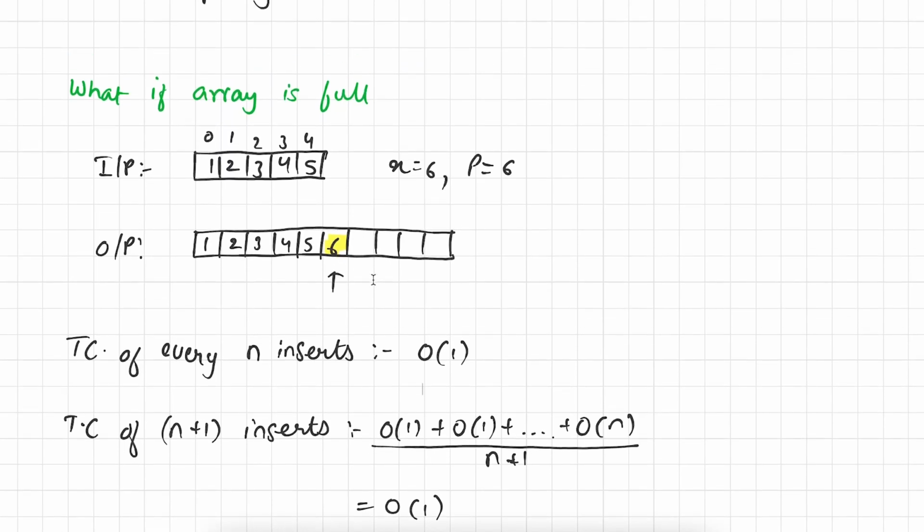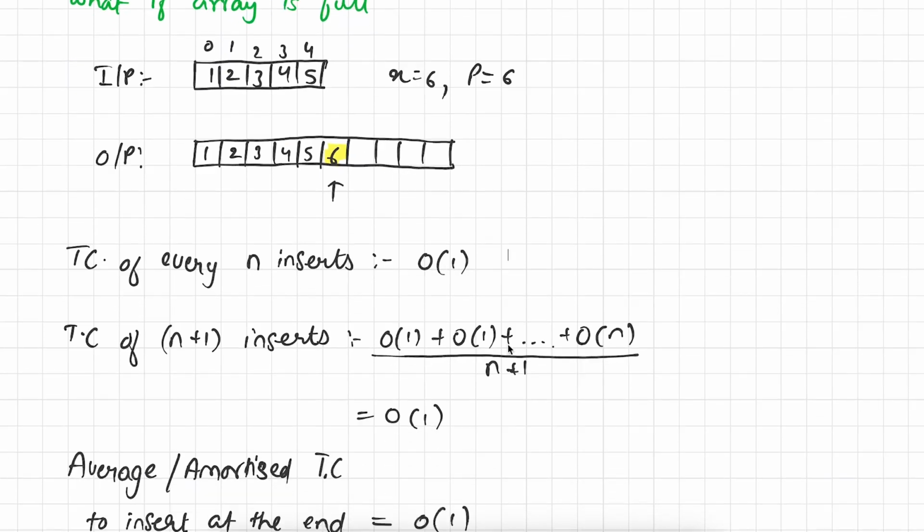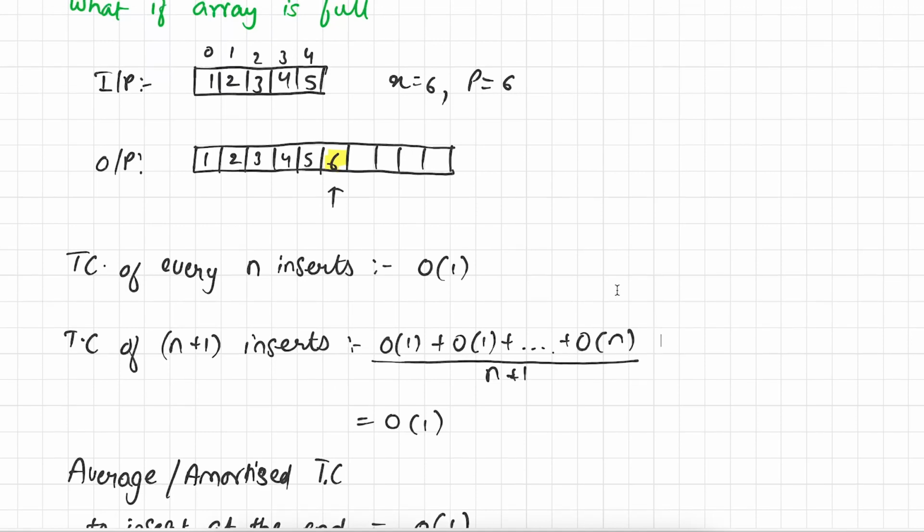So let's say we have an empty array and we are going to insert all the elements one by one. For all the n elements, it's going to take big O of 1 time. It means constant time. But when we add the n plus 1th element in the array, then it's going to take big O of n time. And why is it like that? Because all the operations till n take constant time. But as soon as the array gets full, it's going to create a new array and then it copies all the elements from the previous array to the new array